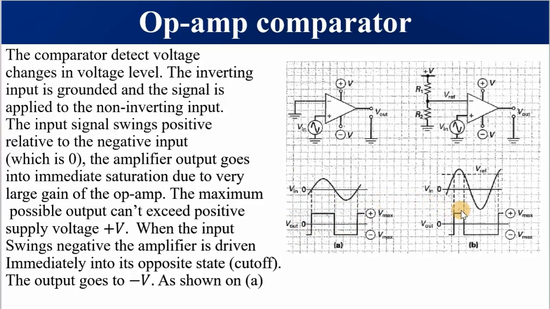The same applies to this comparator. It is producing a signal, and please take note that we've got a VREF there, and this VREF is going to define the amplitude as well as the duration of the pulse. When V in becomes equal to VREF, we are going to produce a very narrow pulse. But when the input is less than VREF, we are going to produce a maximum negative value of a higher duration. So this is going to be our output of positive narrow pulse and negative wide pulse.